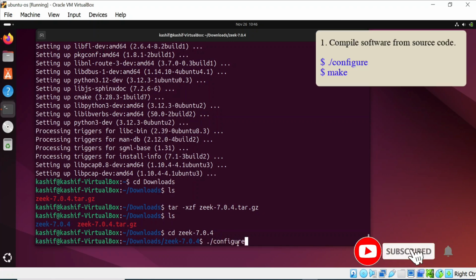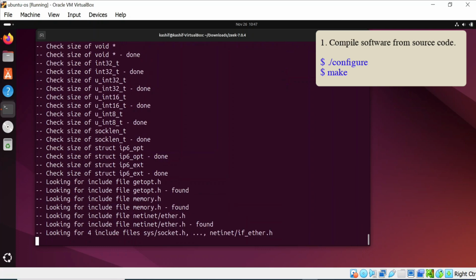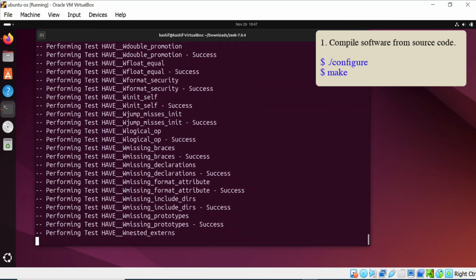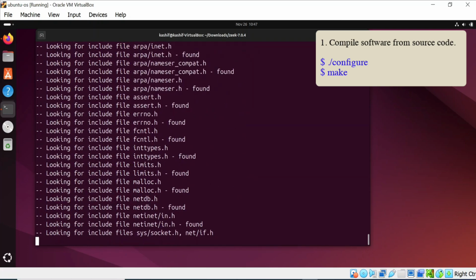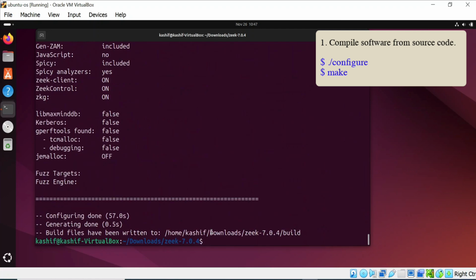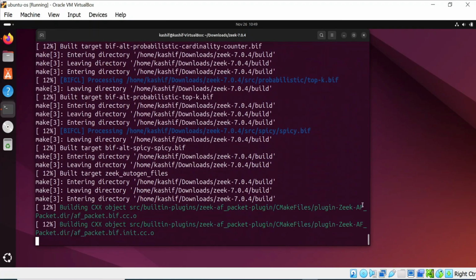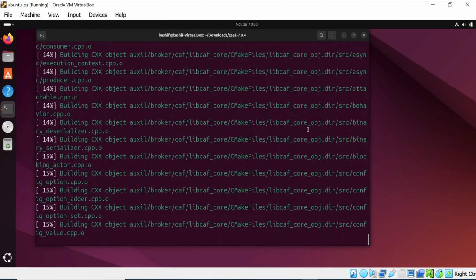Compile the software from source code by using configure and make command. This installation will take time.